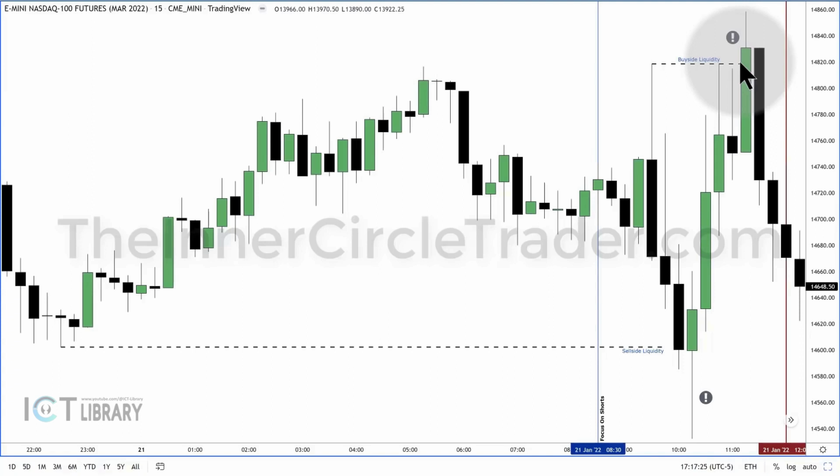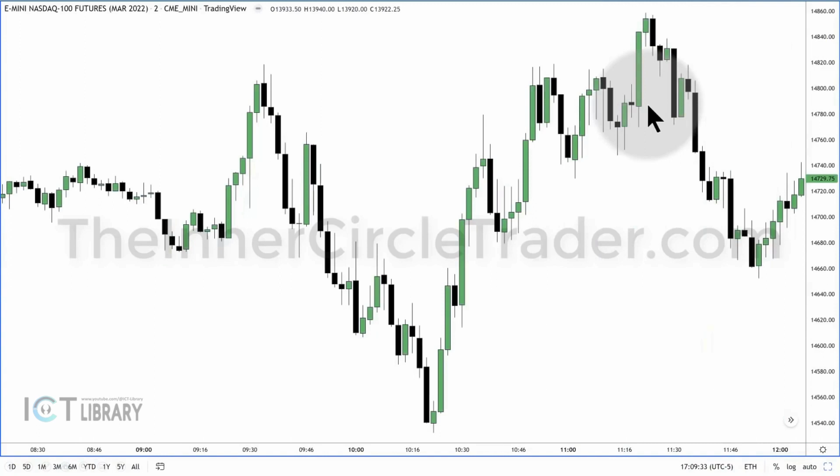All right, so we have both of these areas here and here where there would be a likelihood of a market structure shift. Up here, we look for a fake run above here. So that fake run above, how do we know it's going to be a market structure shift that's bearish? Now, keep this price level in mind. So it's essentially 14,600 and 14,820. We're just eyeballing it, okay?